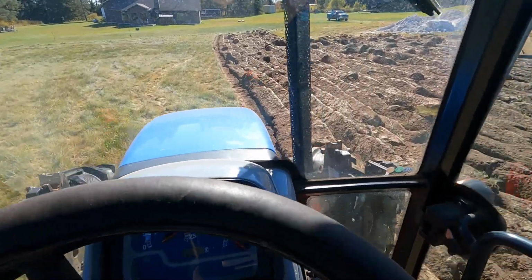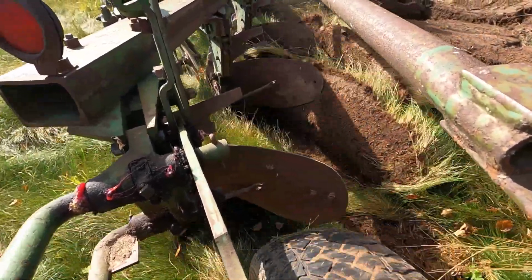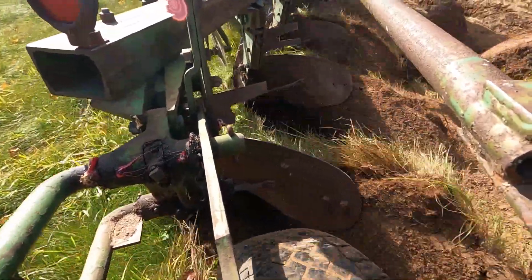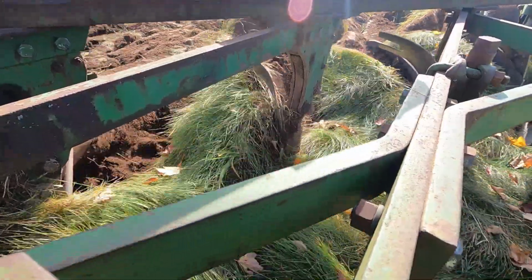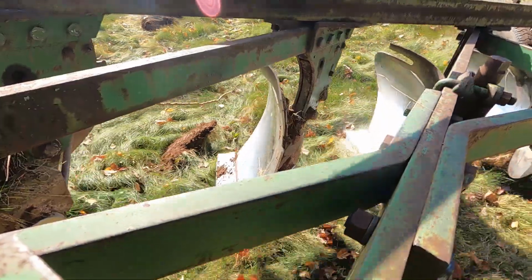So we've been asked, why are we using an old-time moldboard plow? Why not chisel plowing? Why aren't we doing minimum tillage? Well, you cannot grow soybeans and corn in this part of the world, this close to Lake Superior. There's not enough heat units, not enough sun. So we're really just hay farming, and we only plow up these fields about once every 8 or 9 years